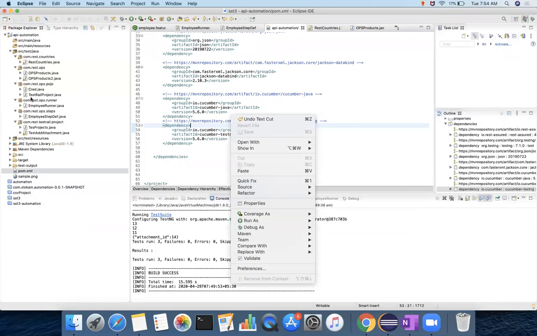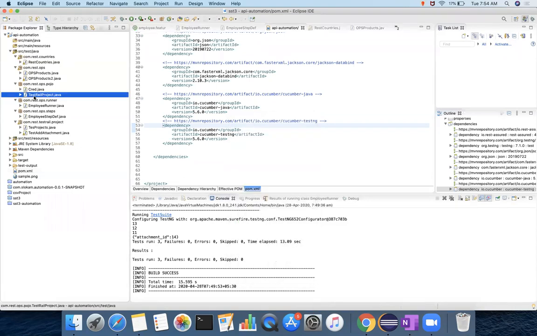Now, which one is executed? The one which contains the test in the class. According to my requirement, I want to run this example employee runner, not the other test cases. If I run employee runner, it should trigger your feature file. The feature file will trigger test steps, and then the test steps will be executed. So we have to see how to do that. These things can be done through plugins in Maven. This customization happens through your plugins.